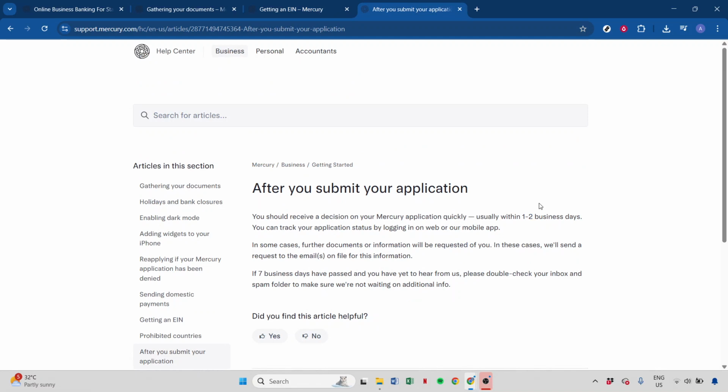With these steps clarified, you're well on your way to setting up your business banking needs with Mercury, even as a non-US resident. So there you have it. That's how you open a Mercury bank account as a